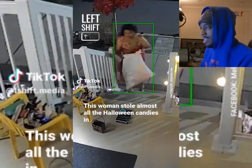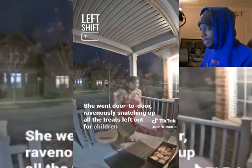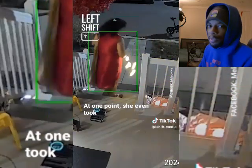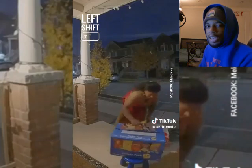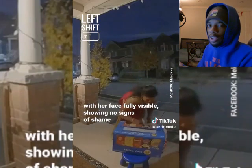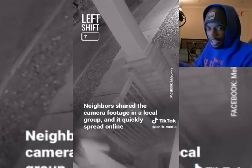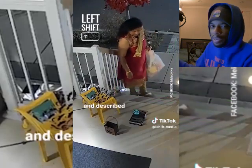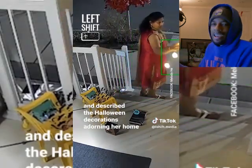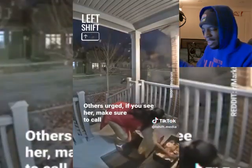Yeah, I mean, it is pretty sketchy that she's doing that. It could have been a lot worse. She could be stealing other things that are a lot more expensive than just the Halloween candy. At least she's just taking the Halloween snacks and candy. Still a little bit weird because it's for the kids. Halloween, they're trick-or-treating. And apparently she owns a gas station. That's why she's doing that. Like, what the hell, man? I don't even know how that works out. People are gonna notice the difference, and I don't know, but